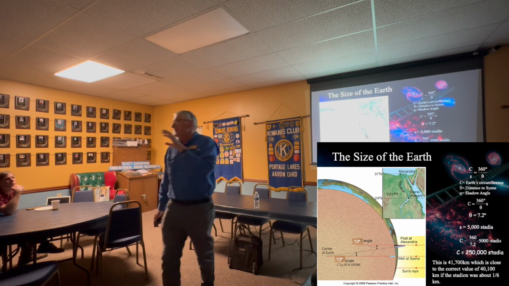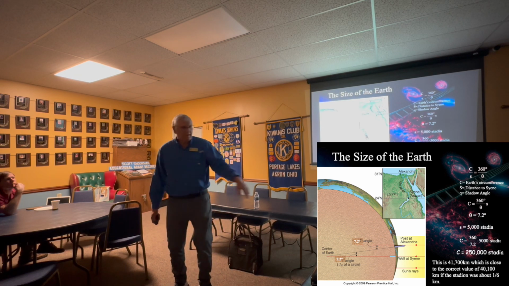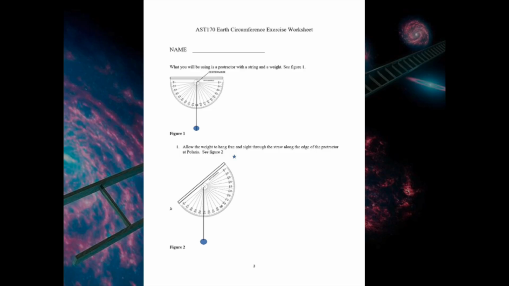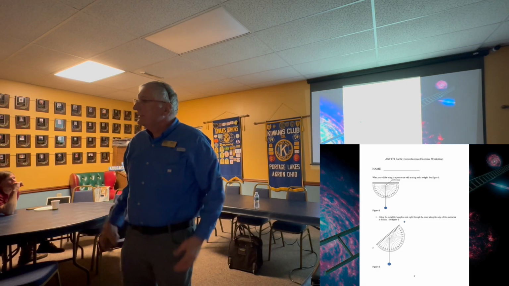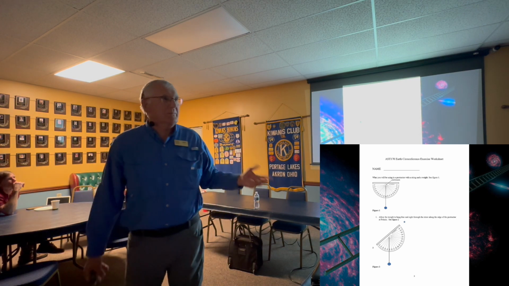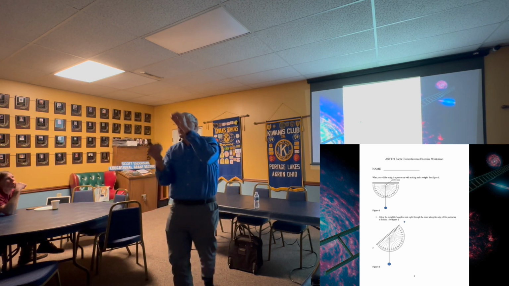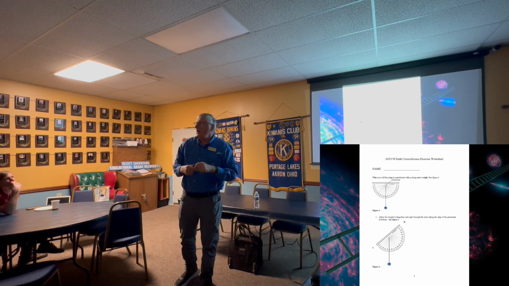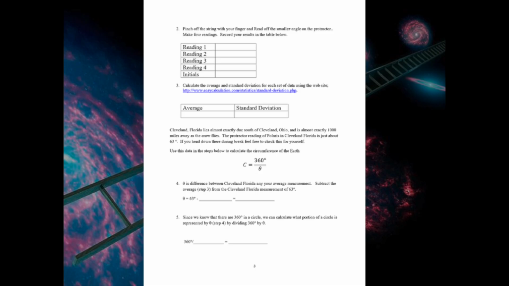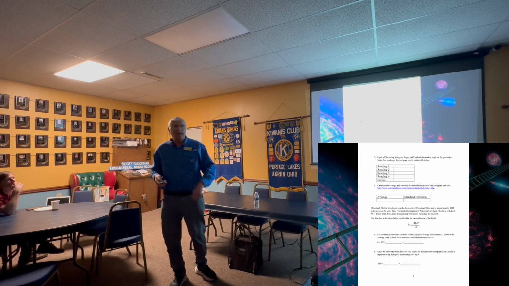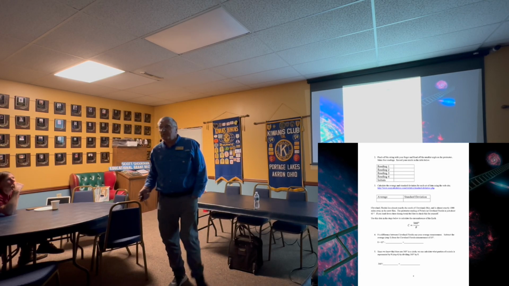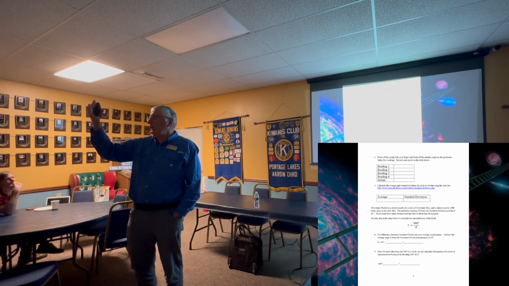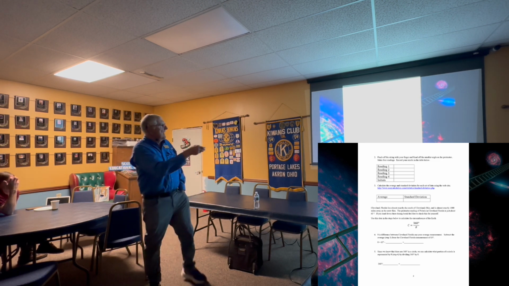I actually have, I brought just one copy of it, but this is an exercise sheet for my students to figure out the size of the Earth. This is kind of cool. If you've got some kids that want to do something like this, you take a protractor, put a string through the little hole there, and with a weight, tape a straw on the end of it, sight the North Star through there, and read the angle. Just pinch it off and read the angle. And take a number of measurements. I tell everybody, take about 10 of them, and you take your 4 closest ones, and you take an average,